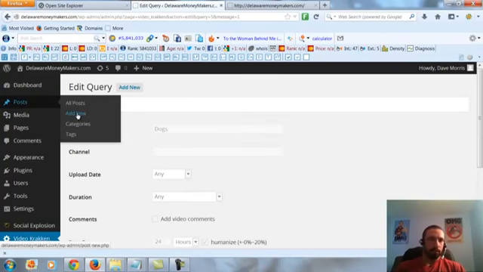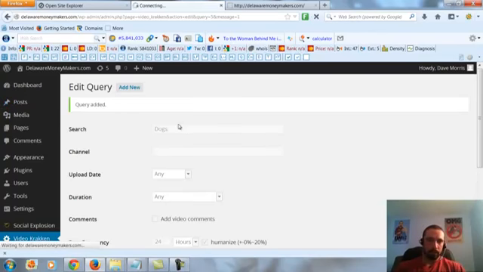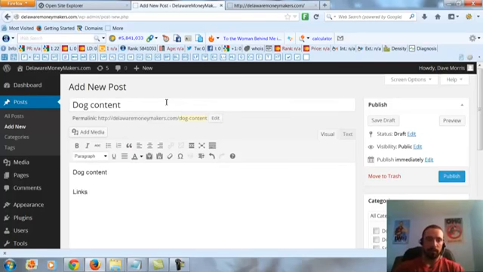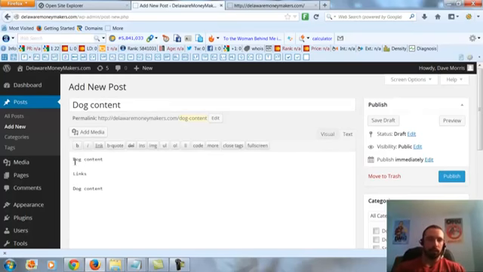And then we go add a new post when we want to add our links. So this would be our dog content, links, whatever, dog content, just like a normal PBN. You of course do the formatting, and I'll see if we can change this. I'll put a note if this has been changed. It doesn't take too long, but it'll be easier if it did it automatically.